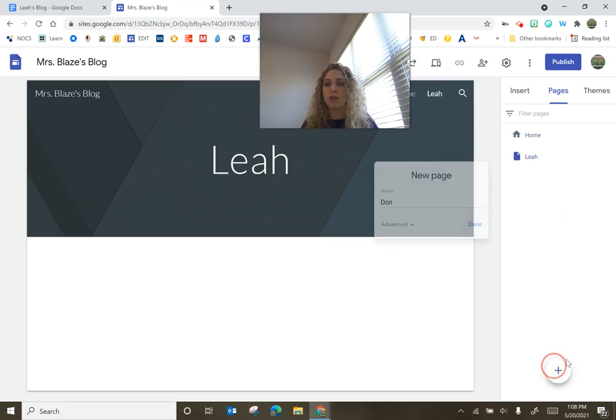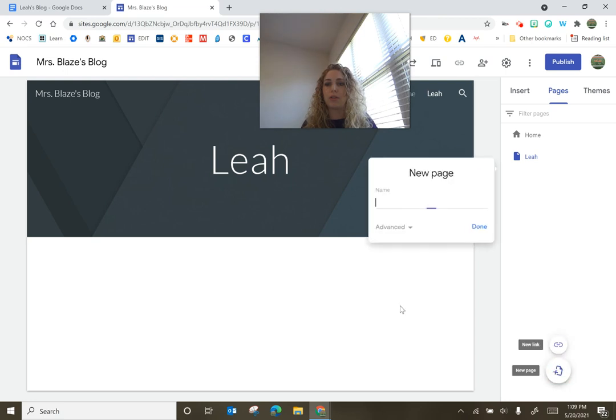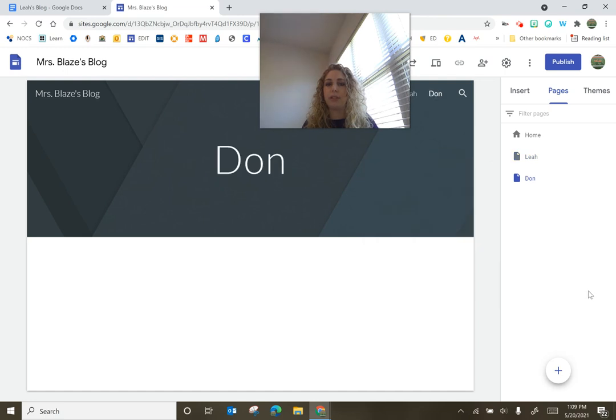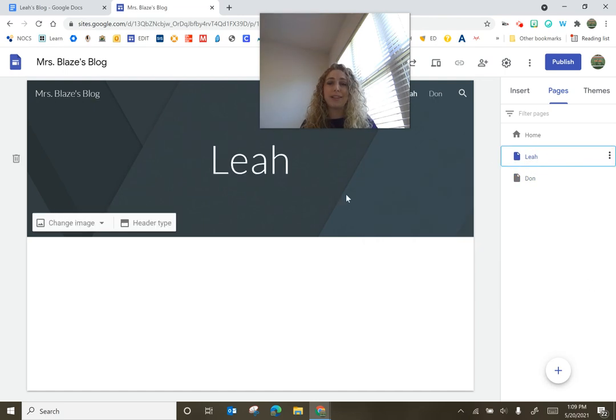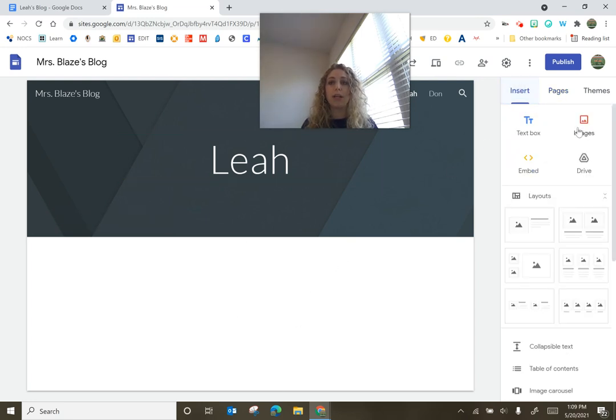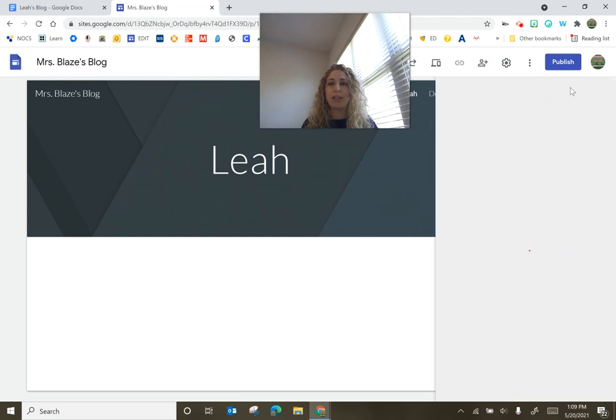I'm just going to do two. I could take time and customize these pages. I guess I could temporarily give students access to customize their own page, but really there's not going to be anything that they're adding to this page. What is going to get added to this page is,